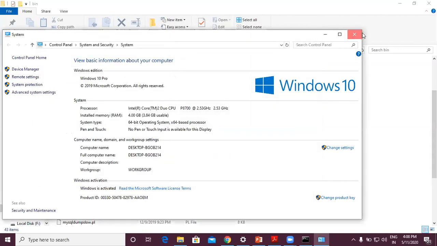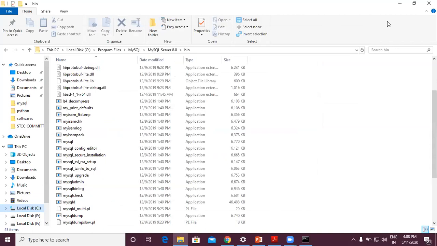Once the software is installed, any software, not only MySQL, I'm talking about any software, the rule is we have to save all our programs in the bin folder of the corresponding software. That bin folder is the working directory for that particular software. So if you want to write any programs for that particular programming language, you have to write all your programs in the bin folder. But this is not recommended.